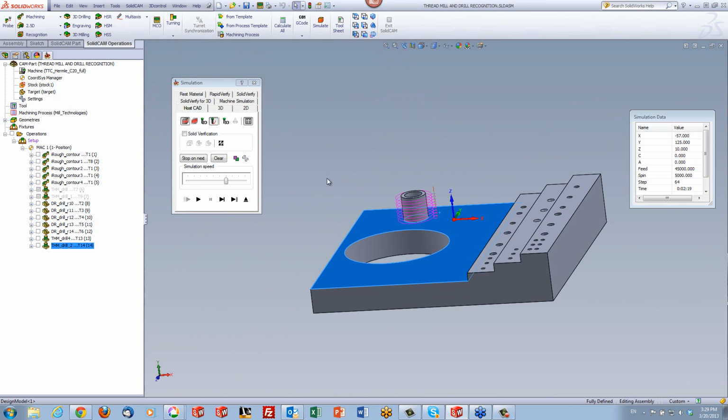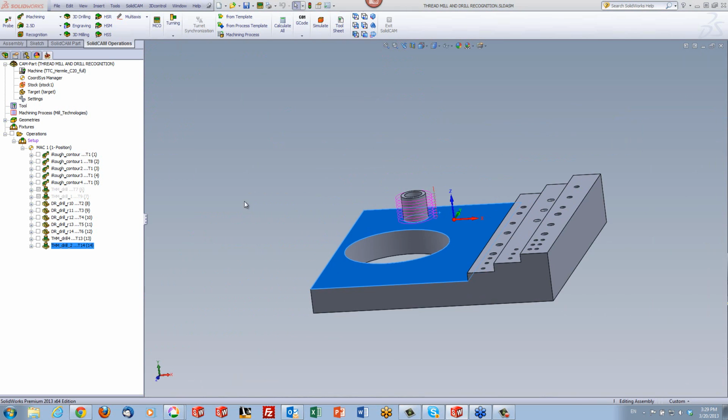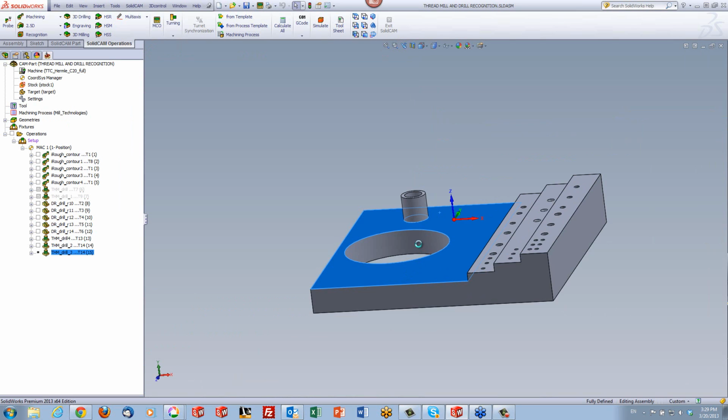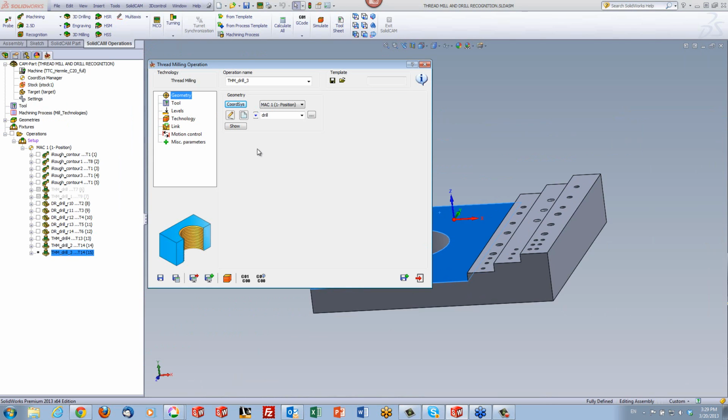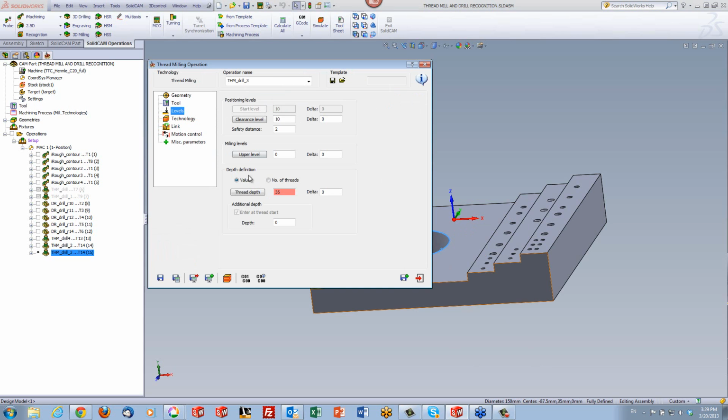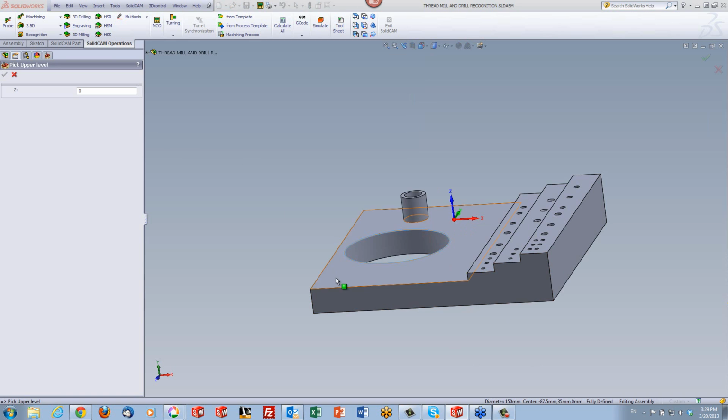Now, what I'd like to do again with the same tool is this diameter over here. Now this, in this particular case, is a very large diameter. If I were to touch the edge over here, here we go. Touch the edge, you'll see that it's a diameter of 150 millimeters. I have my same tool, my levels, in this particular case, my upper level is over here,